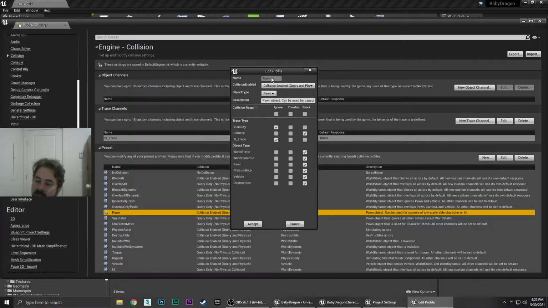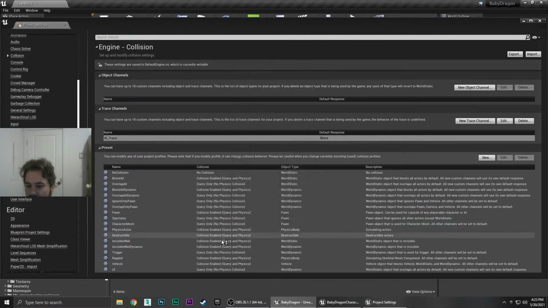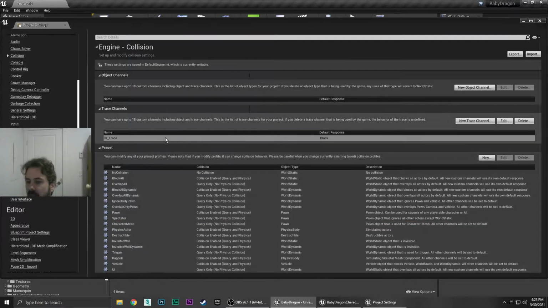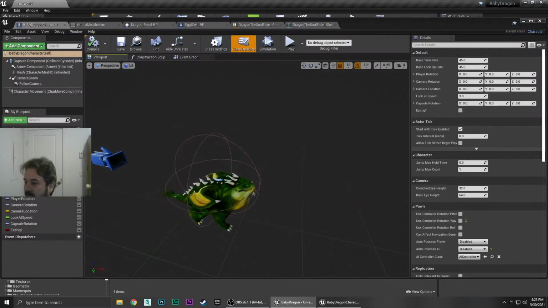This is specifying this custom trace channel's response to the pawn actors, or any object that's got pawn as its collision type. So we're going to tell it to ignore and accept, and then for character mesh, we also want to do ignore and accept. Essentially what that will do is now when we go back into the game,